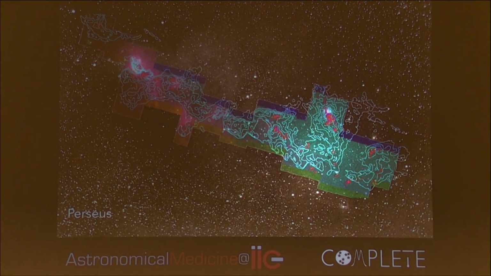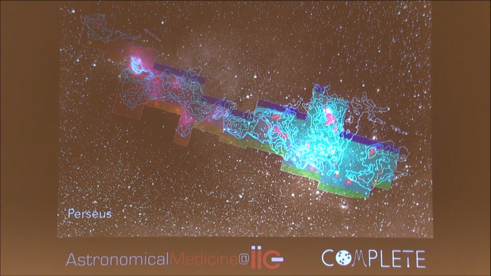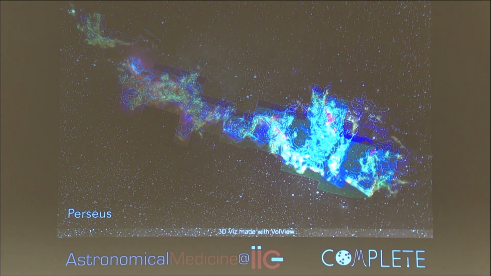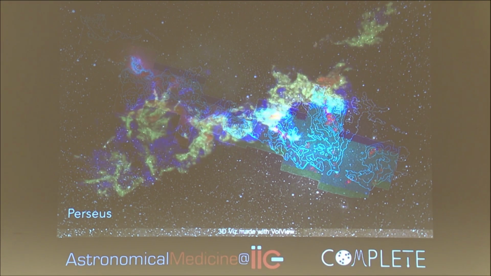So this is an old project, but this is where the Perseus example came from, and we'll return to it later. So let me just show you that this is an ancient image from Barnard from the 1920s in the background, so just an optical image. And what you see there is lots of Spitzer data and lots of stuff about young stars that we don't care about today. But what you care about is that if you take those green contours and instead of adding everything up, you actually use the velocity information, you can make this three-dimensional picture of Perseus, except that the depth dimension is just the velocity.